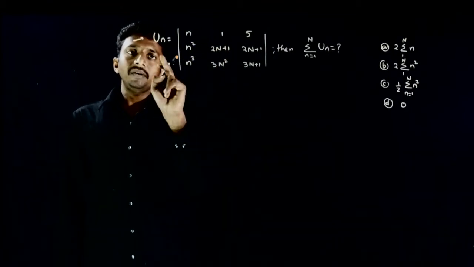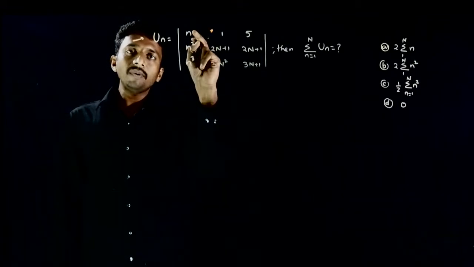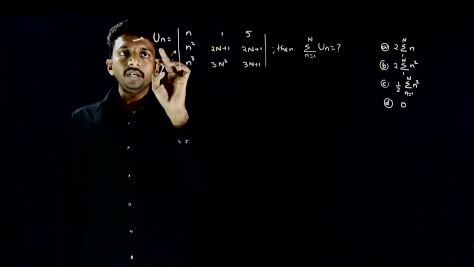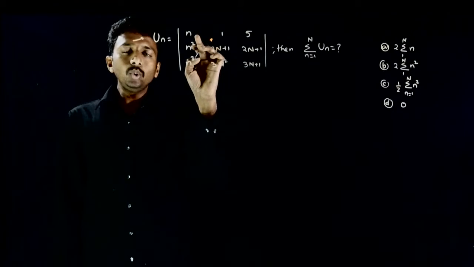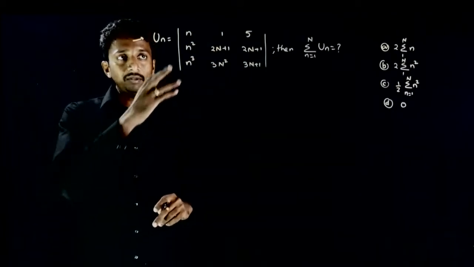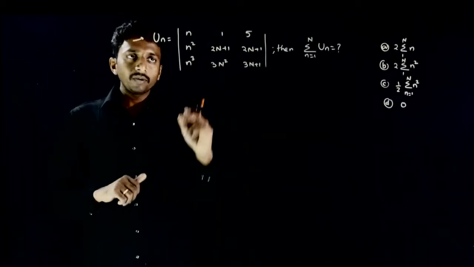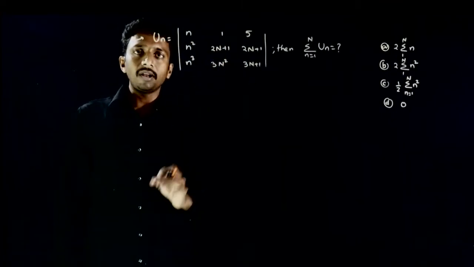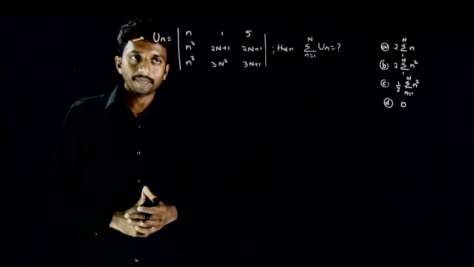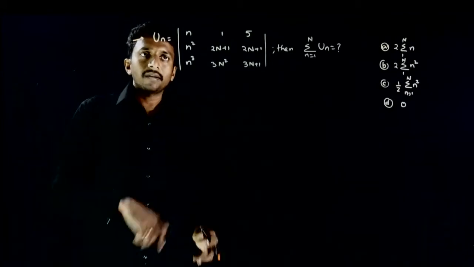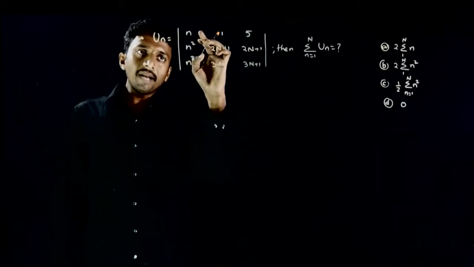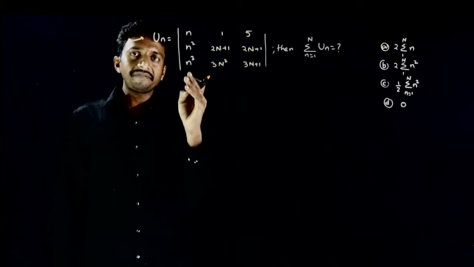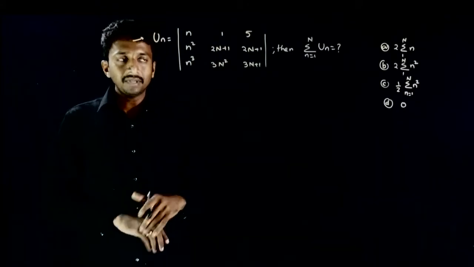So first column जो है अगर u1 है तो first column में 1, 1 square 1 cube आएगा. u2 है तो you get 2, 2 square 2 cube. u3 है तो 3, 3 square 3 cube, so on. Only the first column contains n. If you see second column and third column you have capital N's which are constants. So u small n is made up of 3 columns where first column is a variable column, the next 2